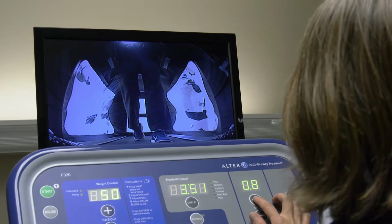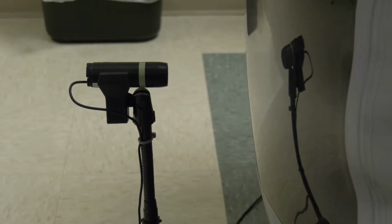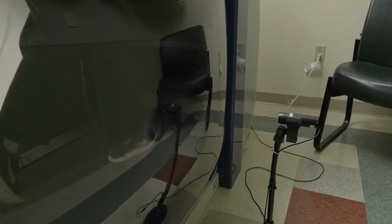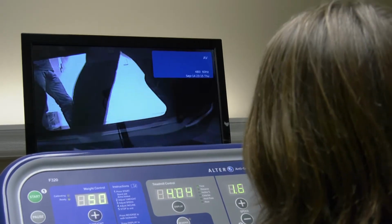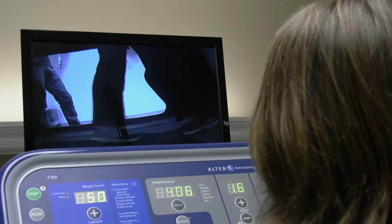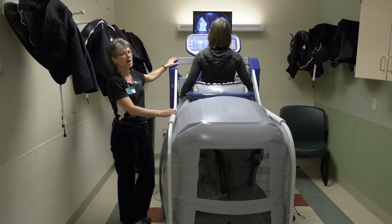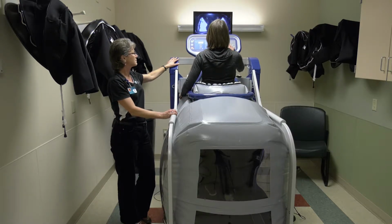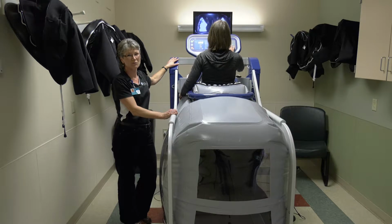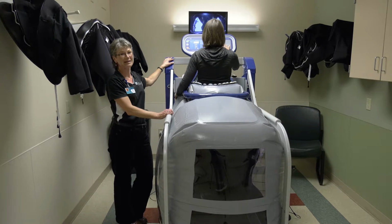And then there's 3 cameras. There's a camera from the front, a camera from the back, and a camera from the side. So she can have biofeedback seeing what her feet are doing at the same time. And she can flip through those screens, and we can give her cues from what we see on there. As far as, oh, you make one stride longer than the other, make some corrections. So we do this however long that we choose to do during her plan. And she feels good about actually being able to walk